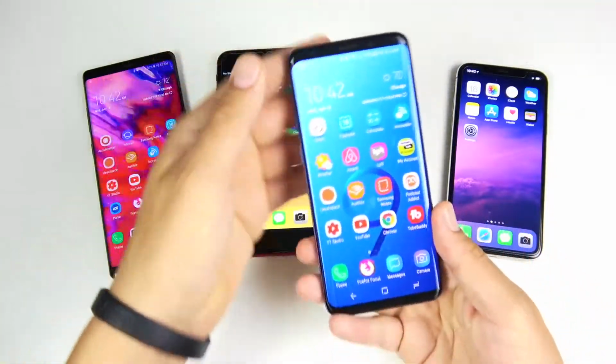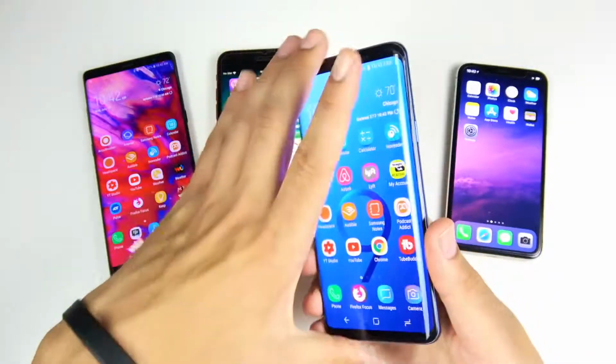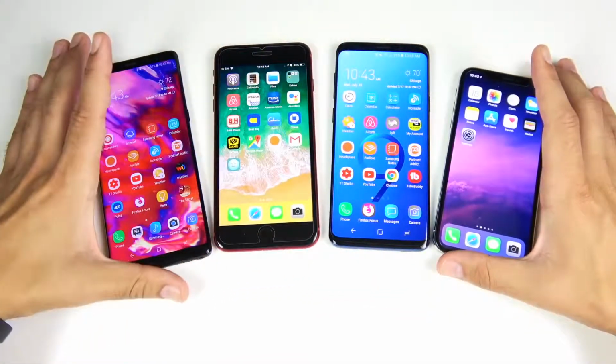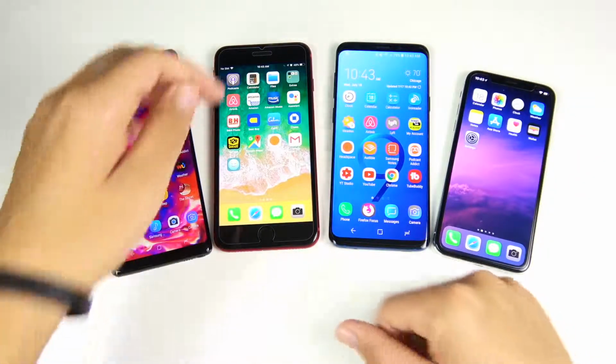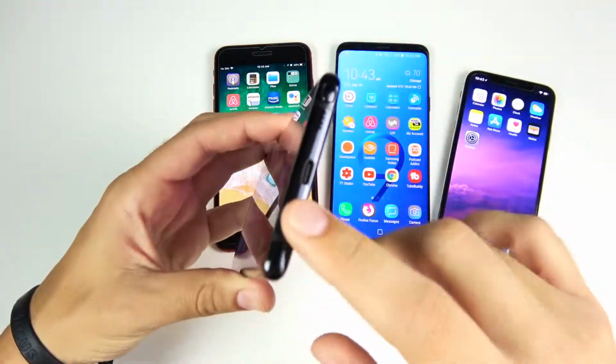So really, this one's pretty much a draw. You might like the feel of aluminum on the sides, and you might like the feel of stainless steel on the sides, but I think titanium would have been the way to go maybe for the iPhone 10 series. Now, talking about another aspect of their hardware, you get USB-C on pretty much every new Samsung these days,